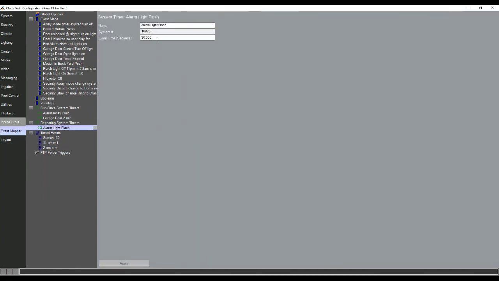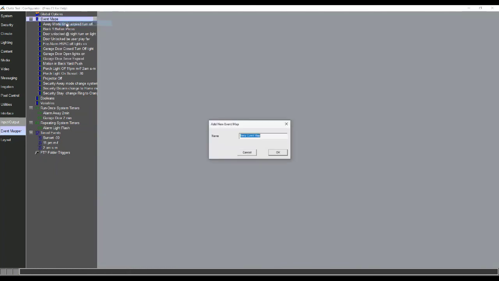And how often do we want this to happen? Not every 30 seconds. I'm going to set it every 5 seconds. So the second I've done this and hit apply, this timer is running right now in the background. For 5 seconds, it's done. 5 seconds, it's done. It keeps going. So let's create our event map called alarm